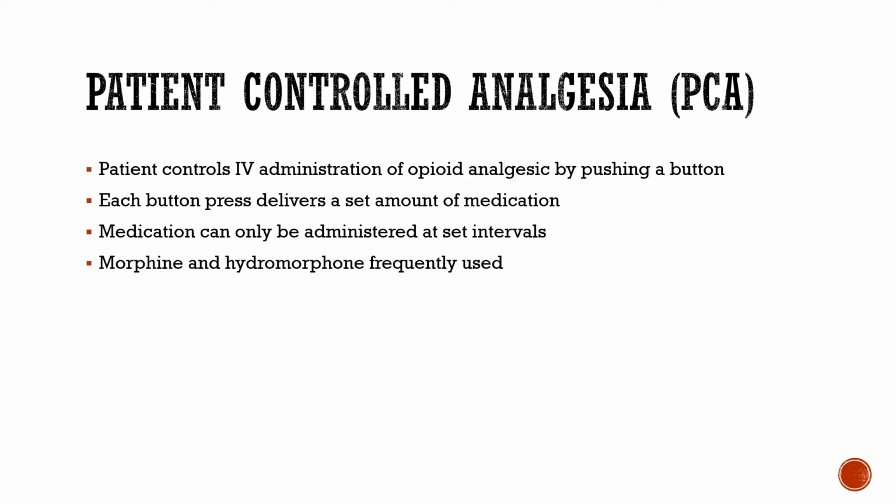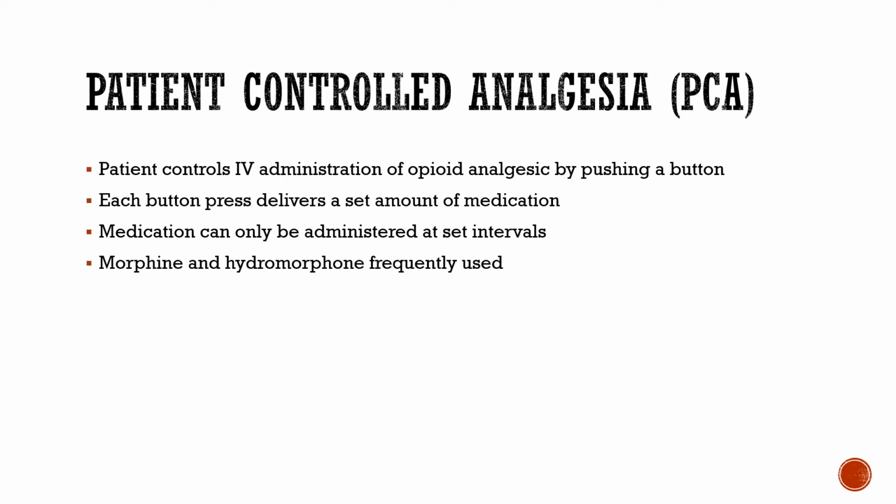There are ways to set up a PCA for continuous administration, and that does happen, especially when you get to PCU, ICU, sometimes in ER. You'll see that. And then it will also have the breakthrough push button. So there's different ways to set these up. But whenever the patient's given it, it's only at set intervals. Every time they push it, it's not like, okay, we're going to set up for 1 milligram, let them have as much as they want.